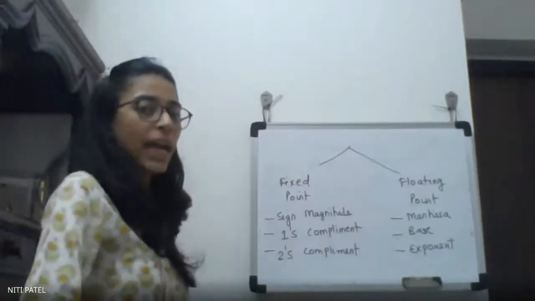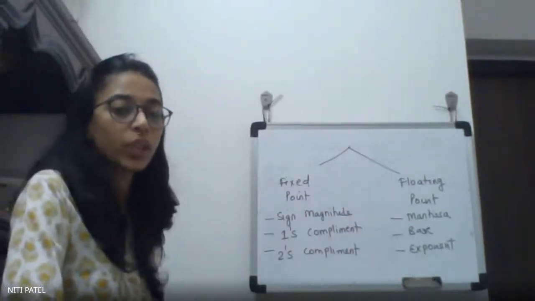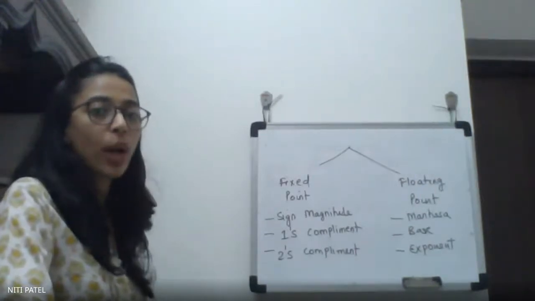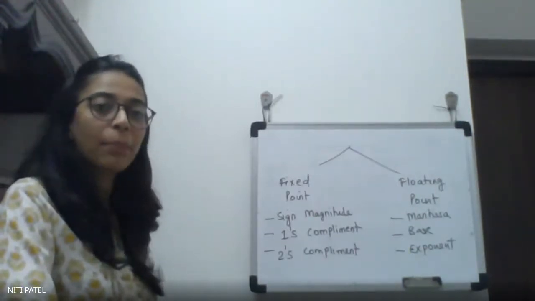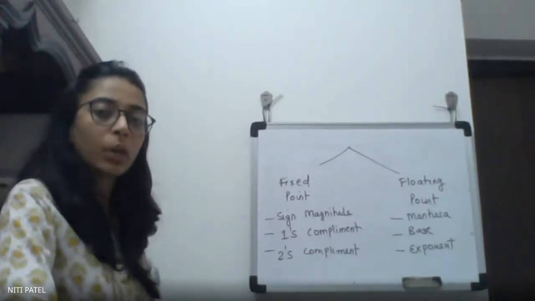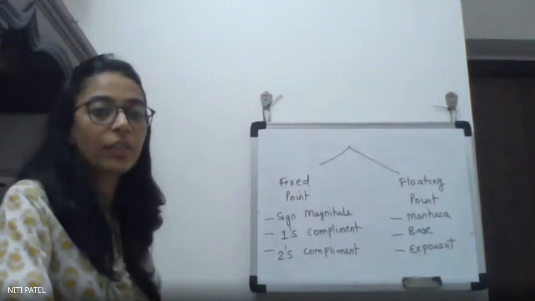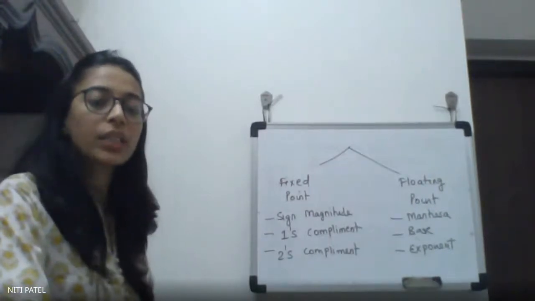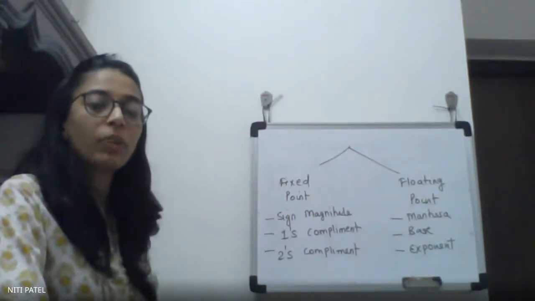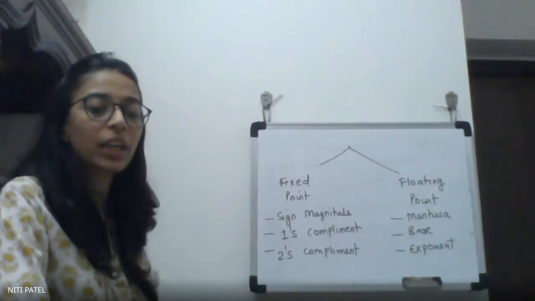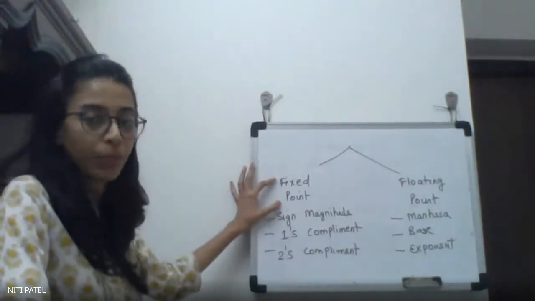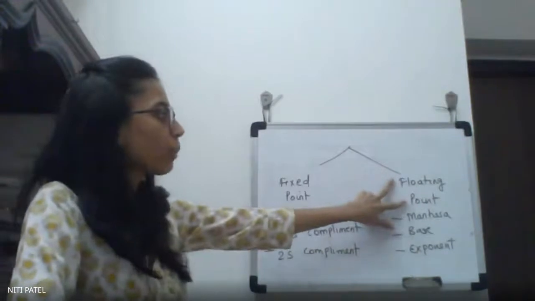So now we know that in a computer we understand only one language, which is binary, represented in the form of 0 and 1. But many times we are giving an input which is a positive number, or it may be a negative number. So how will a computer understand whether a number is positive or negative? We can make a computer identify this by using fixed point representation. And the second is floating point representation.